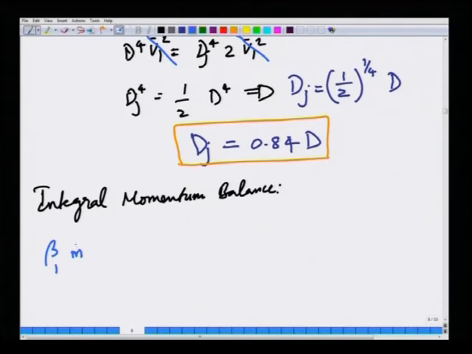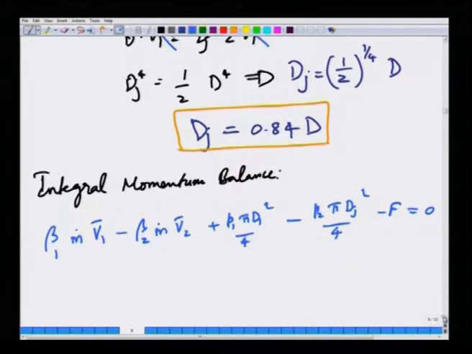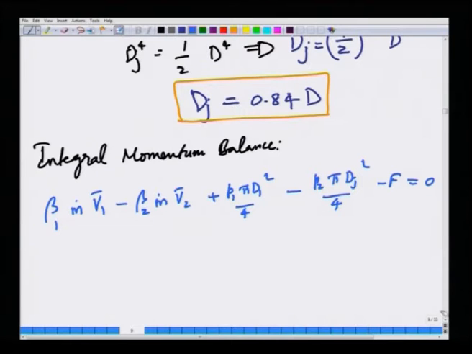beta 1 m dot times the average velocity, where beta 1 is the momentum correction factor, minus beta 2 m dot times the average velocity at V2, plus P1 pi d1 squared by 4 minus P2 pi dj squared by 4 minus sum of all forces acting on the jet between points 1 and 2 is 0. Now, at the jet exit, we know that the velocity profile is laminar. So, beta 1 has to be according to whatever the momentum correction factor for laminar flow is, which is 4 by 3. Now, we are going to neglect the shear stresses acting on the surface of the free jet,